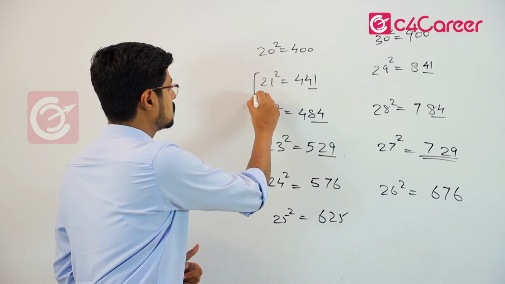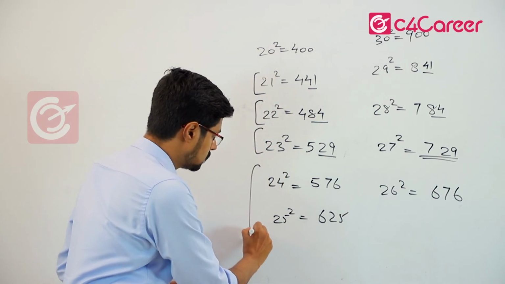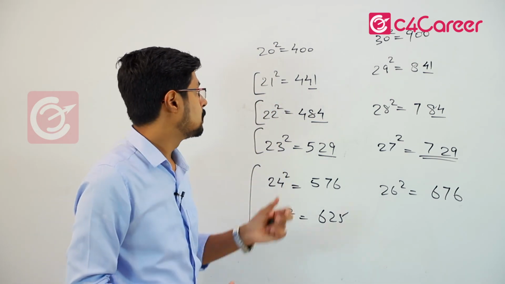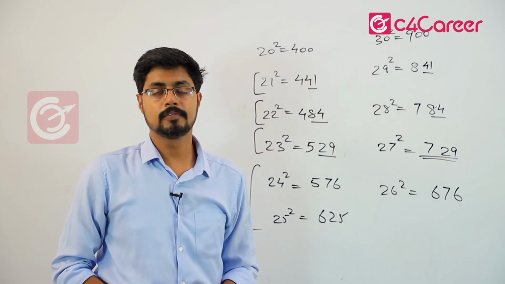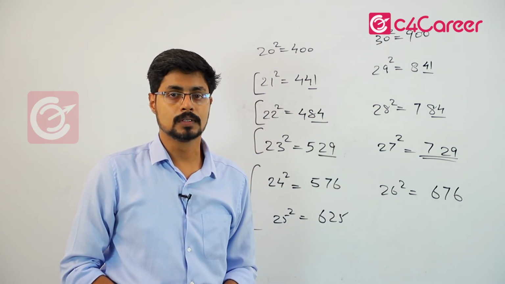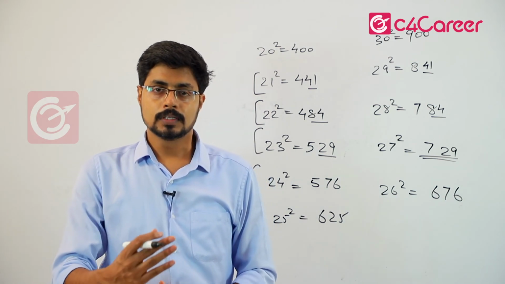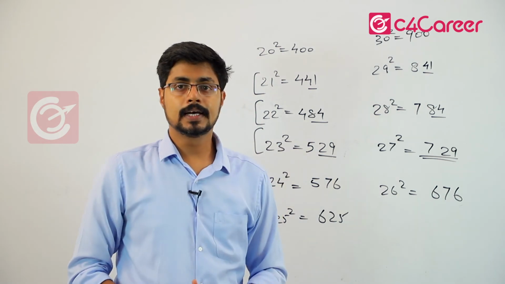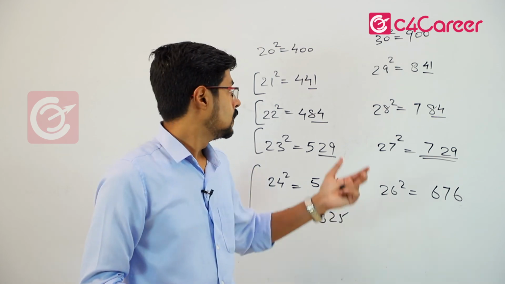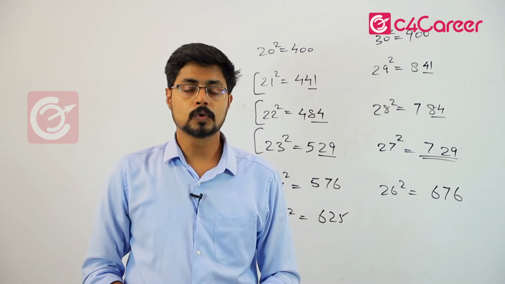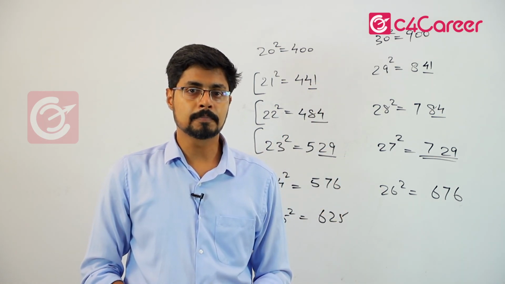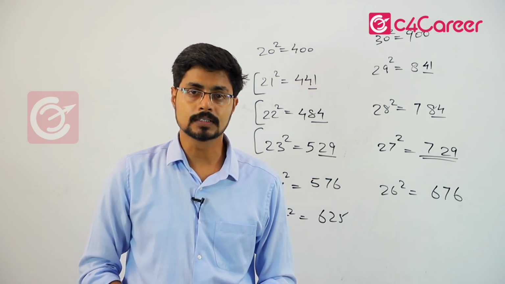So by connecting the pairs like this, you can very quickly memorize the squares up to 30. So my dear students, we wind up the session on squares with that. You would already know, once you are thorough with the squares up to 25, you can apply the technique that you have learned from 26 to 100.